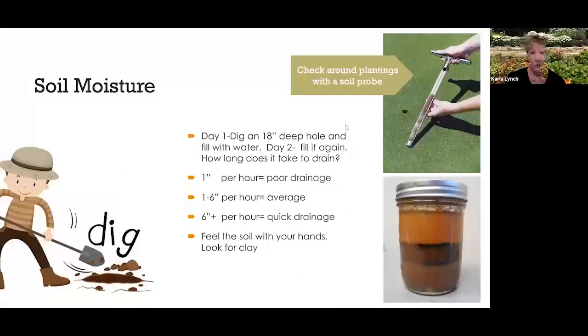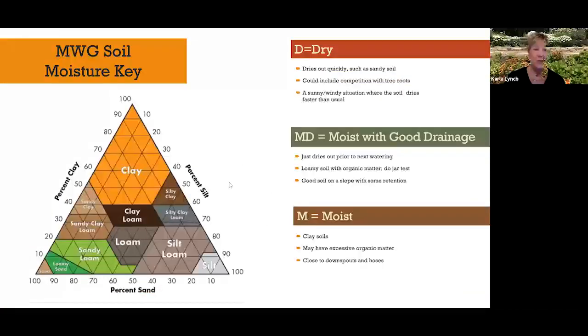Also, you want to check soil moisture. And the best way to do this is to dig a hole. Here are the instructions. You can see what happens after putting water in the hole. I frequently will take a soil probe to a site and check around. It's also a great tool for putting into a bulb and burlap plant or a container to see what's going on down in there. This little jar is something that refers mostly to soil